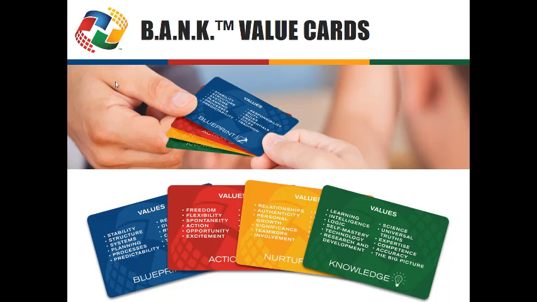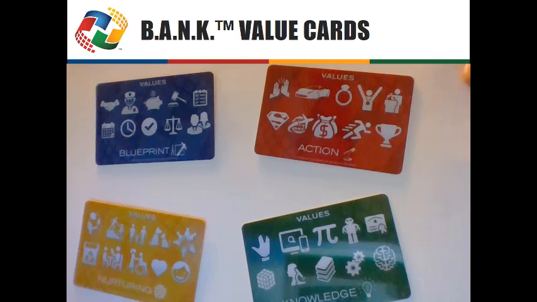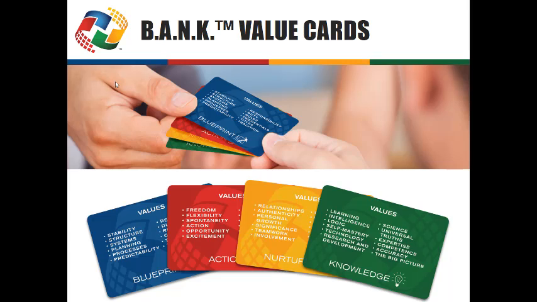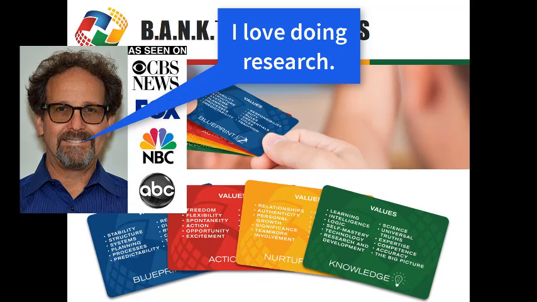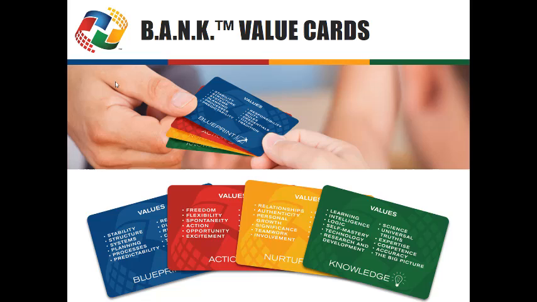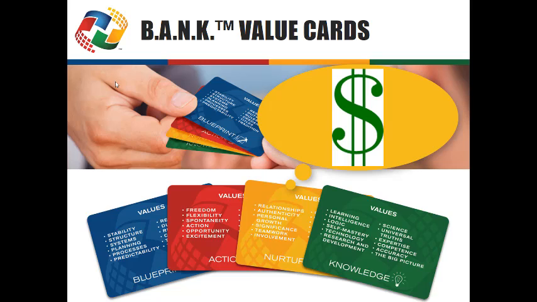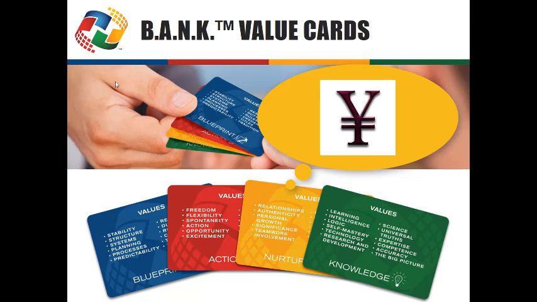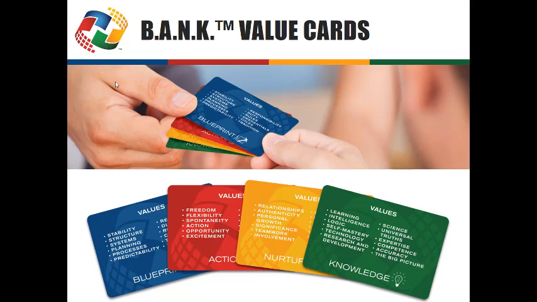So I translated those, and I wanted to see how the pictures and the actual language correlated, because I have a strong K in my behavioral tendencies, and so I had to research. It's my R&D. So it was great. We found a great correlation, and of course there were a few pictures that in Japan they didn't quite follow. They have a different symbol for a policeman, and then of course there's the dollar bill sign that represents money. They understand that, of course, but they would have the yen sign instead if we were making bank cards for that. But these value cards are amazing.